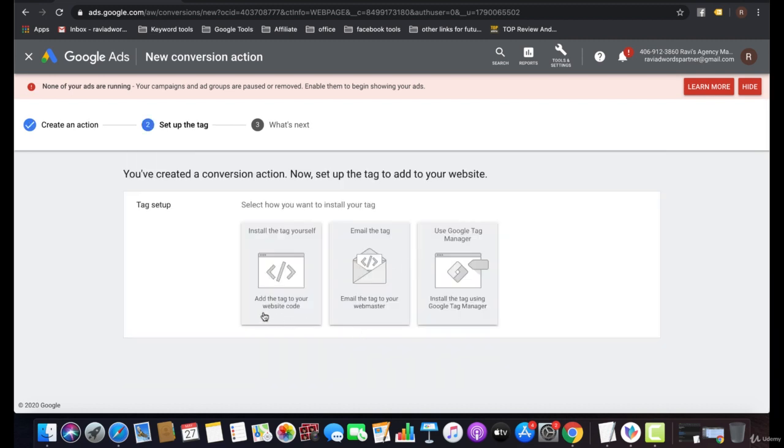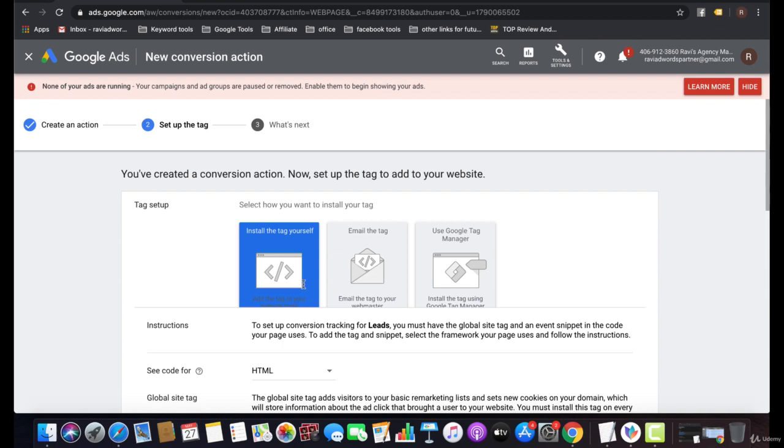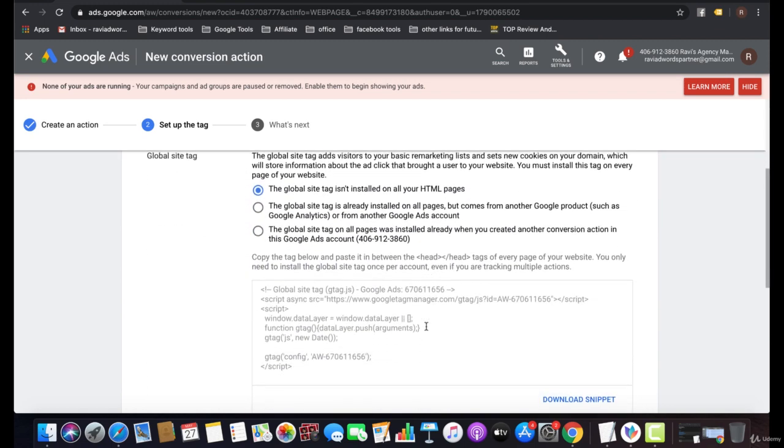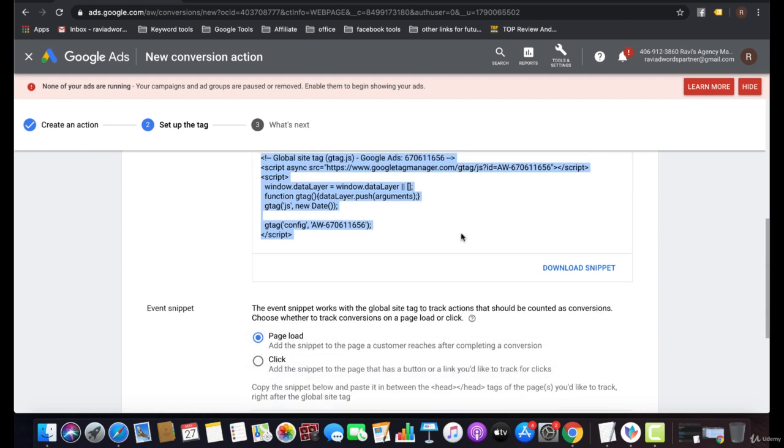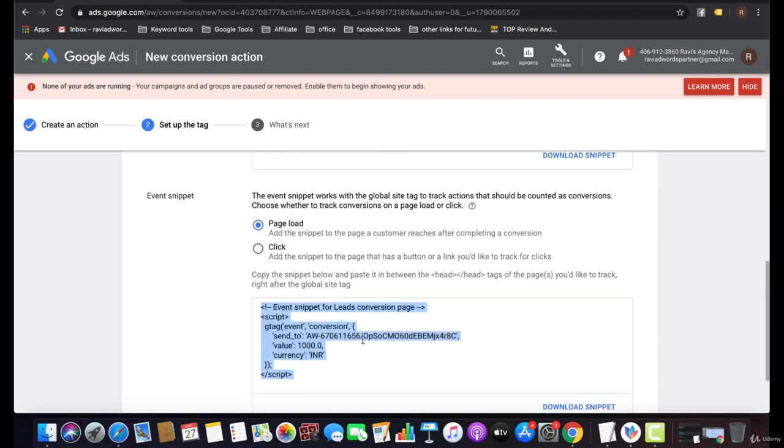Now there are three options to set up your tag. You can set up your tag by yourself. That means you get the code and you can put that code in your website, on the page where you want to track the conversion, tied to a particular event or page load.